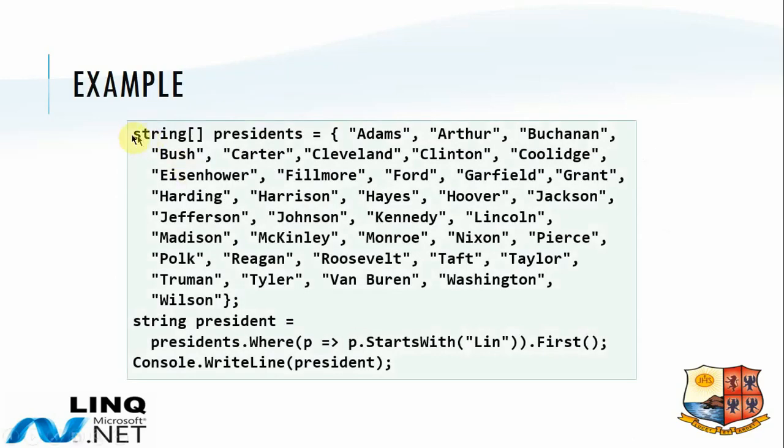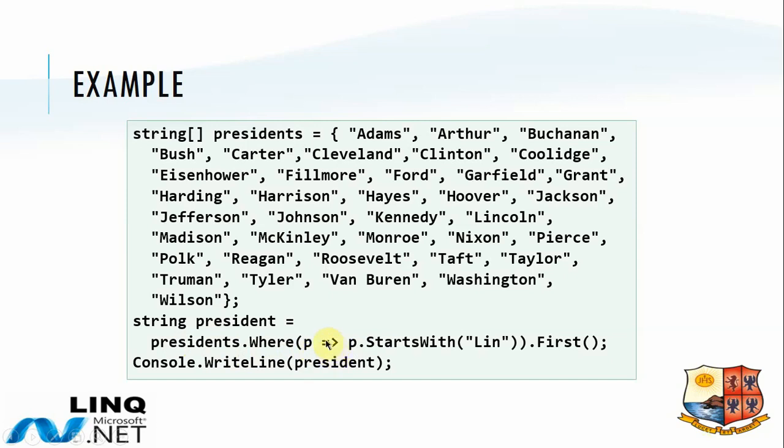Don't bother about this. This is just an example which I got. Just look at the string array. It's a string array with a lot of names of the presidents. That's all. And then the last line you see, this is the line which I wanted to focus on. I'm trying to look for one particular record. So you see here, presidents is the collection dot where P goes to,